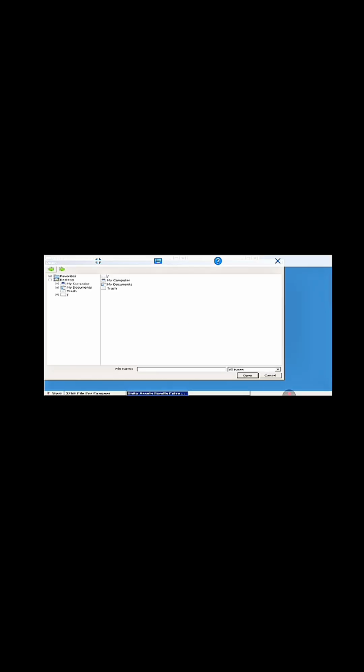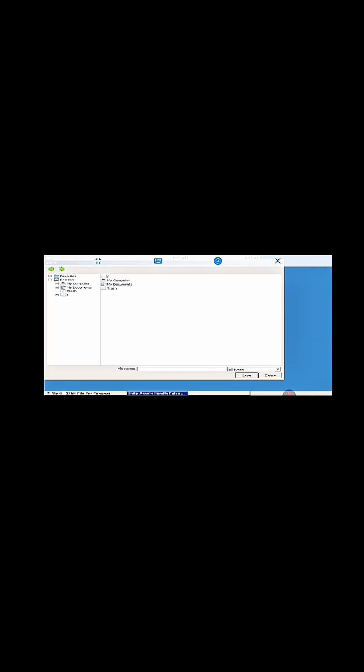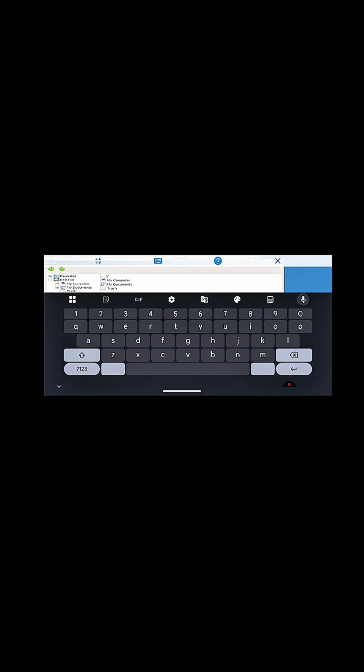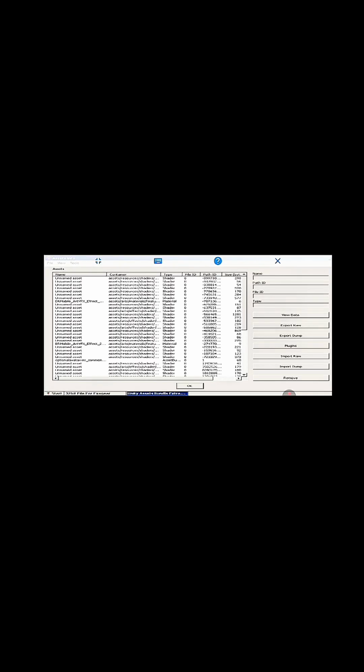After that, go to My Computer, D Drive, and where your optional file is located, double-tap on it and save the file there. After saving, click on Info. After clicking Info,